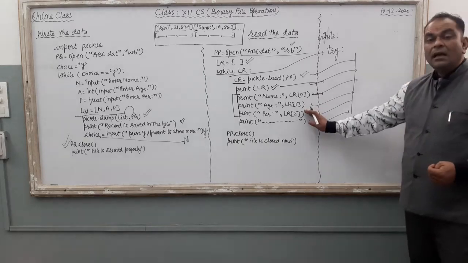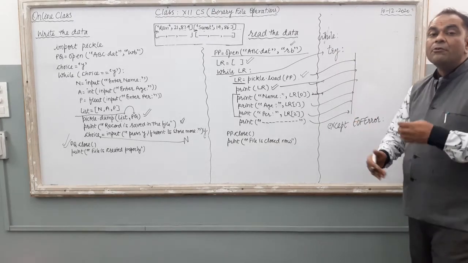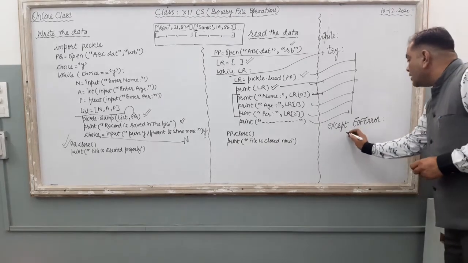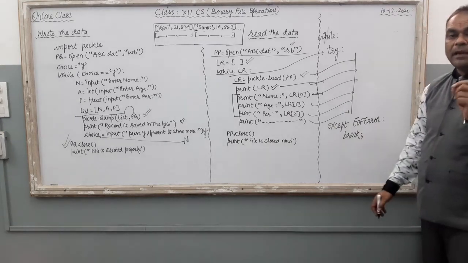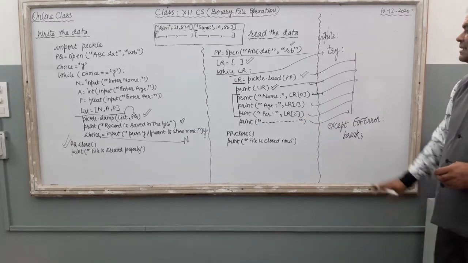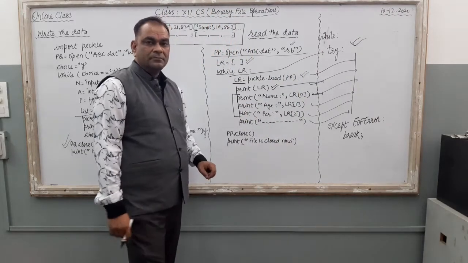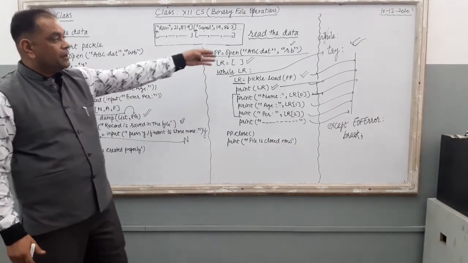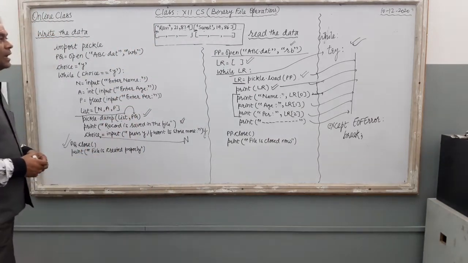Now what are you telling the computer? You are saying that if the file opens properly, then these commands will be executed, and if you get any error in the file opening or if you get the end of file error, then what do you have to do? You just put break over here. Break is the loop terminator. You just use break and then pq.close, print file is closed. Right? This is another approach, and it is much more fruitful than the previous one. So we are going to create all our next programs by using try and except commands. Done? Hope you understand the concept.